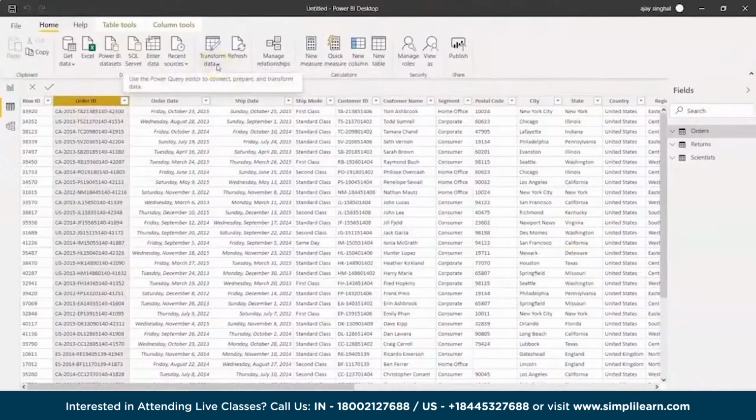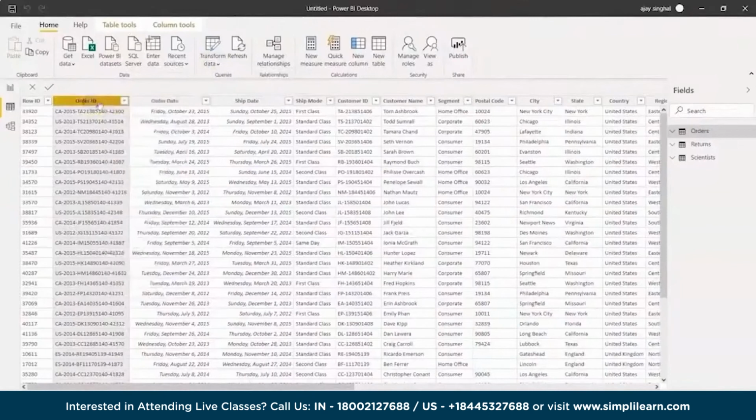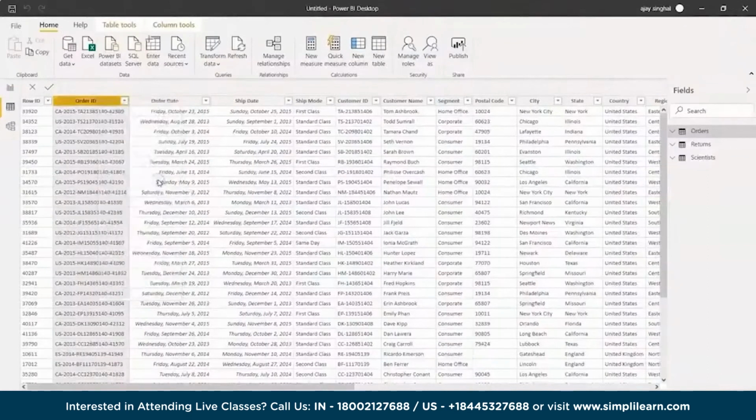So if you really want to transform the data here, if I basically select this, if I just do a right click here, now here it just tells me, do you want a new column? Do you want to create a copy of this column? Okay, you want to create copy table. So this is your transformed data what you have. And for example, let's create a copy table,